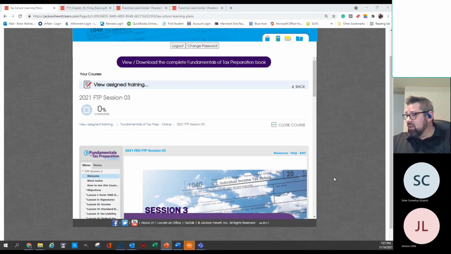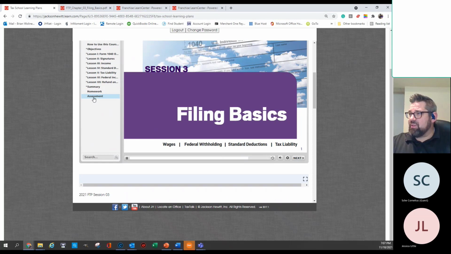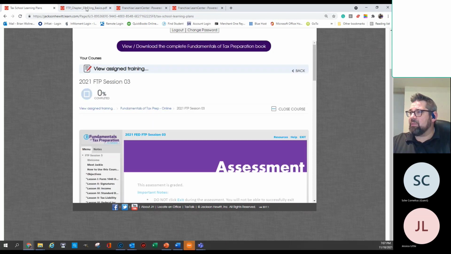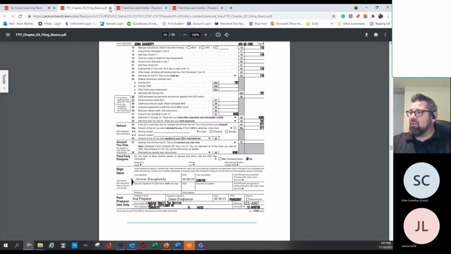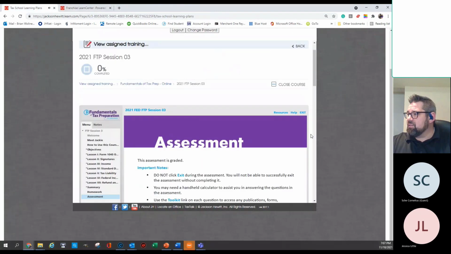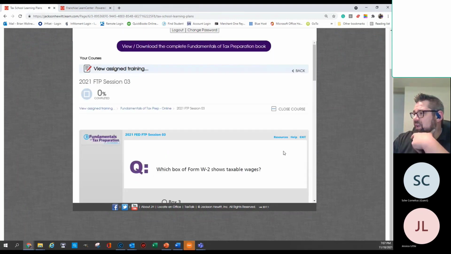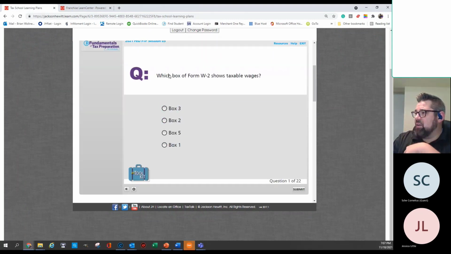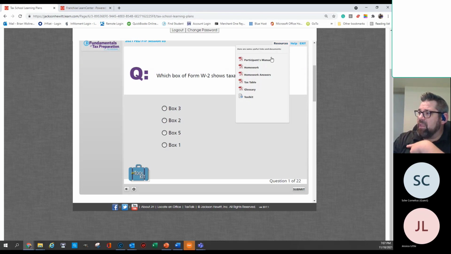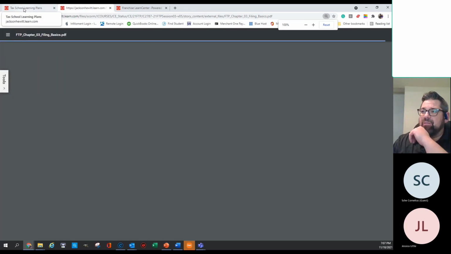And some of these will be brought up in the assessment. So I'm just going to jump into the assessment real quick. I'll close that and then just re-show you where to find it. So when we're in the assessment, I'm going to go ahead and hit next. And here we've got our resources. We want to go to participant manual, and that'll give us the PDF of everything that is inside of this